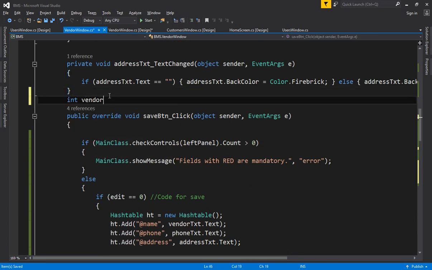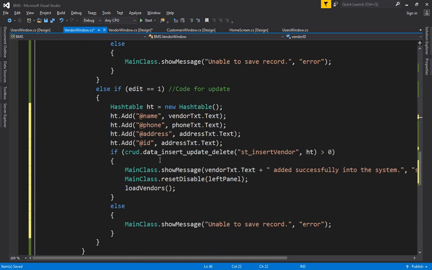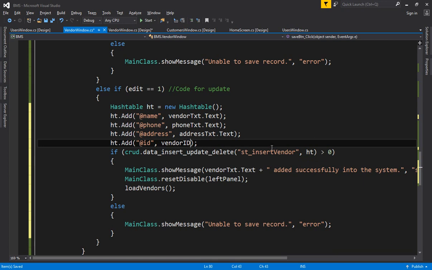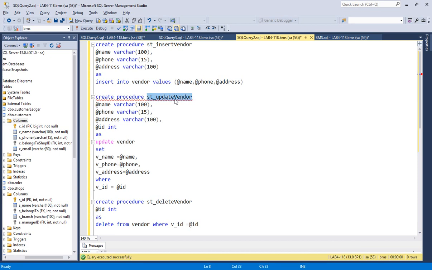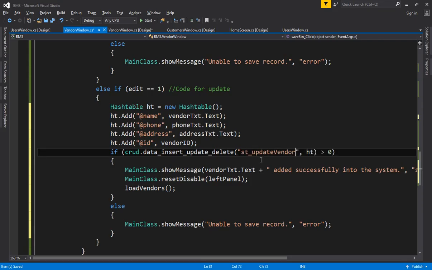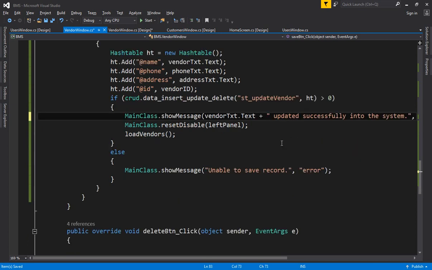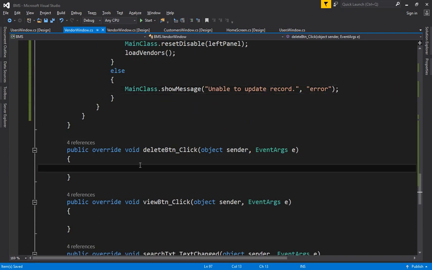So vendor ID variable, and pass it here as, okay, remove this and write here vendor ID. That's it. And then here you write the update vendor query procedure basically, and then paste, save it, and then it should be updated successfully. I hope it is clear to everyone. Load vendors and unable to save, unable to update the record, save it, and then you have to write the